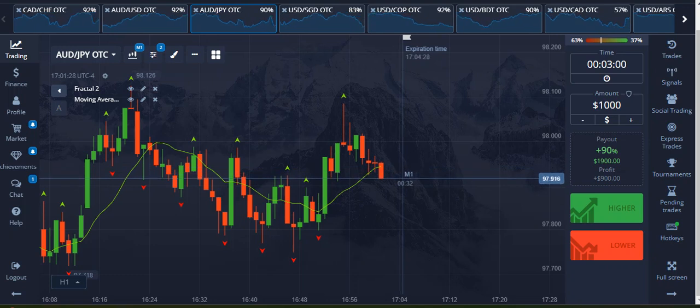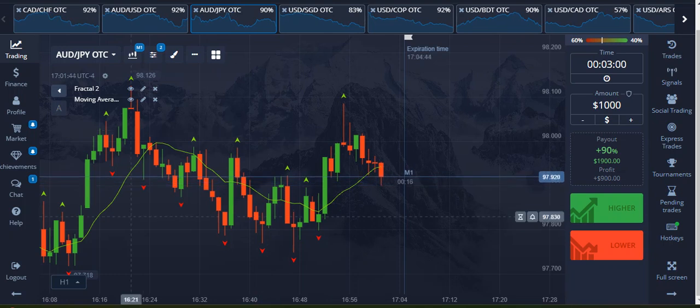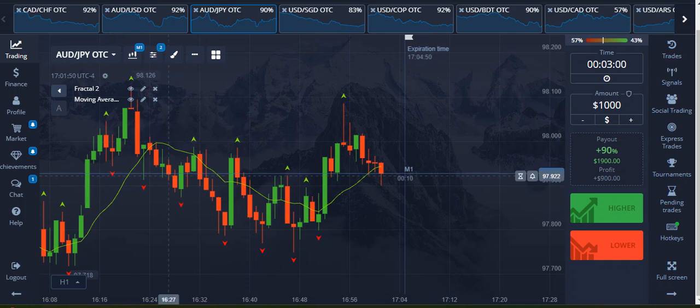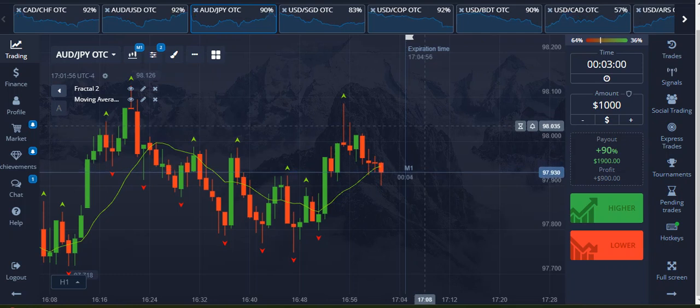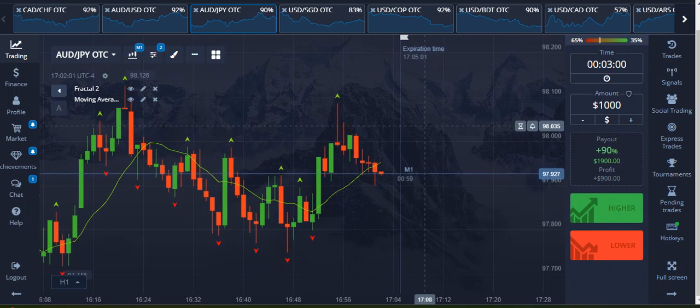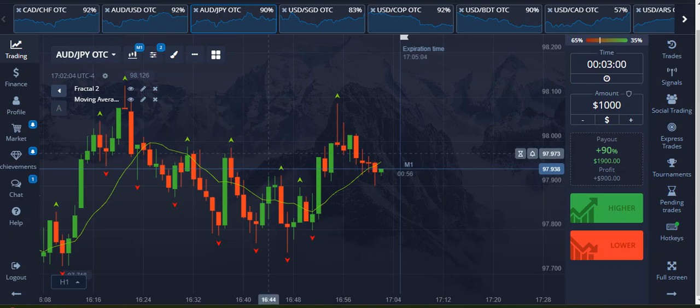And today, what I'm going to be sharing with you is a trading strategy that takes advantage of a consolidating market, a ranging market, in other words. Like, for instance, on this Aussie dollar Japanese yen here, what we're looking at is there's no clear trend here. As you see, it's going back and forth, no clear bullish or bearish trend. So I found a little strategy where you can make money trading on the platform Pocket Option, basically using two